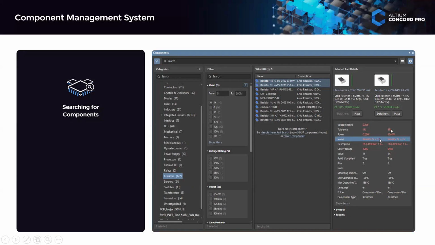Then you can see the red color is the difference between the two components. The first one is a 1K resistor with a 0402 package and the second one is 1206. So you can see the differences and the similarities. The white color is the similarities of the two components, and the red color is the difference of the two components. Below, you will also be able to see the symbol and the models of those particular components. Comparing them, we can choose which component you want for your design.